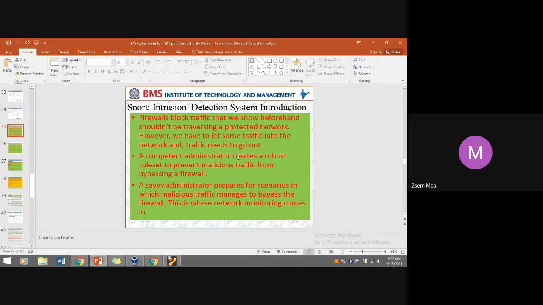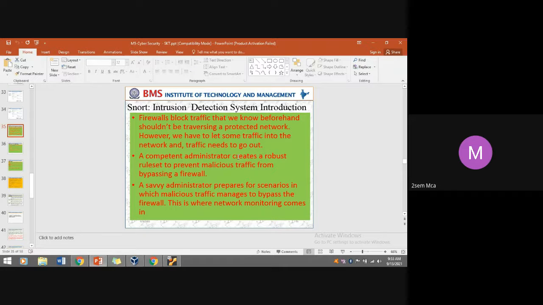So, a competent administrator creates a robust rule set to prevent malicious traffic from bypassing a firewall. As I said, the firewall's strength or weakness depends on the administrator who is going to write the rules for the firewall.